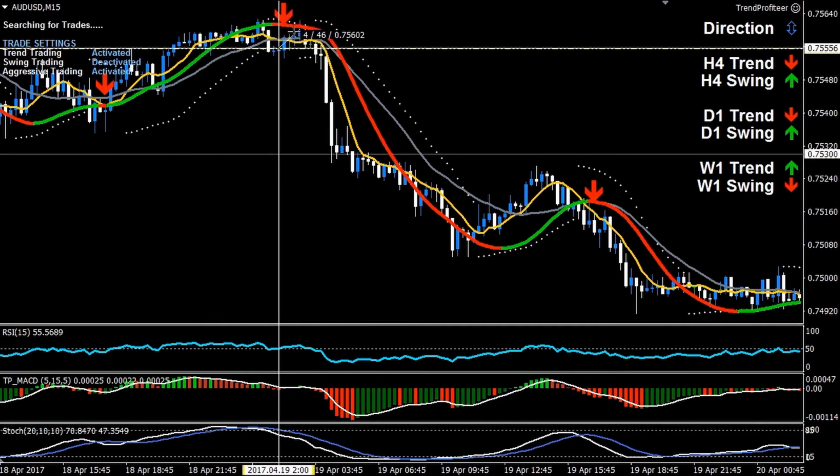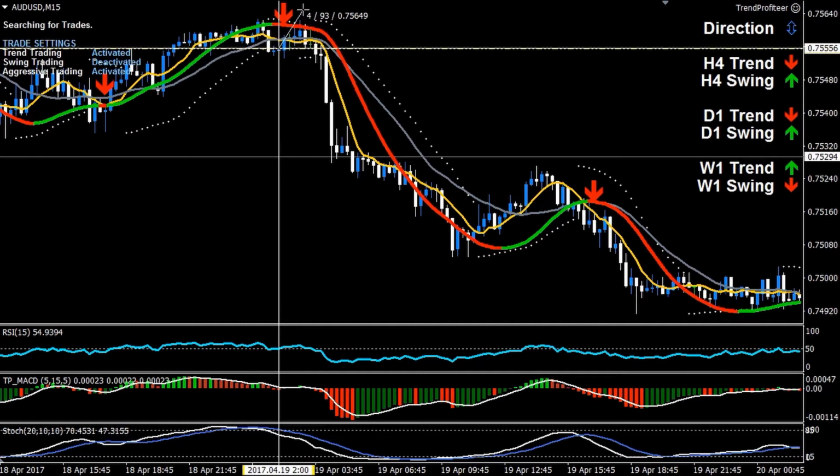Now, our stop, we only need to put it just above the slow moving average, but that's only like 2 or 3 pips, so obviously that's not practical. This is on a 15-minute time frame, so of course the stops are smaller than, say, a 1 hour or a 4 hour. But let's say we placed it on 10 pips, which would be